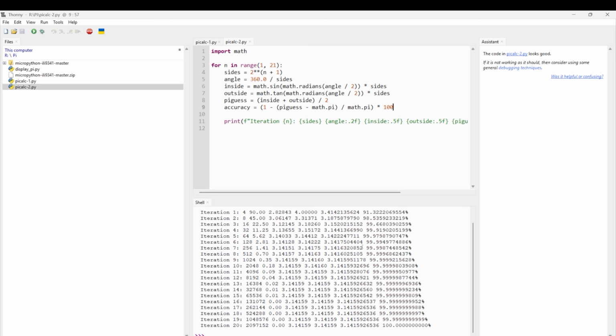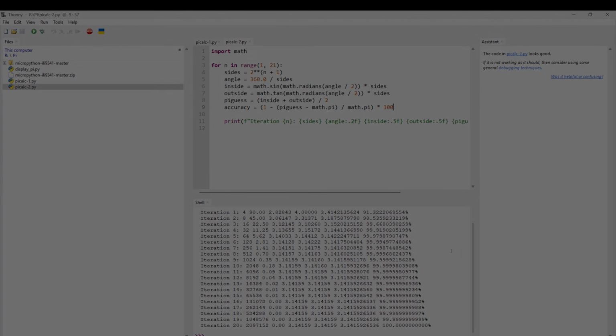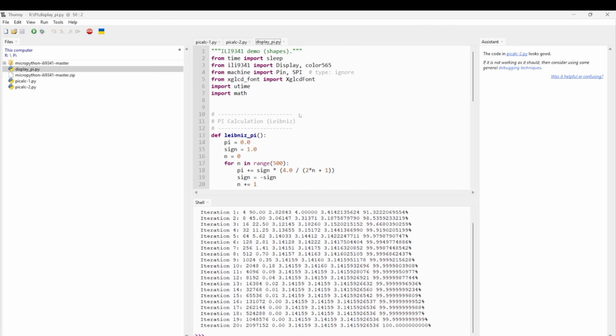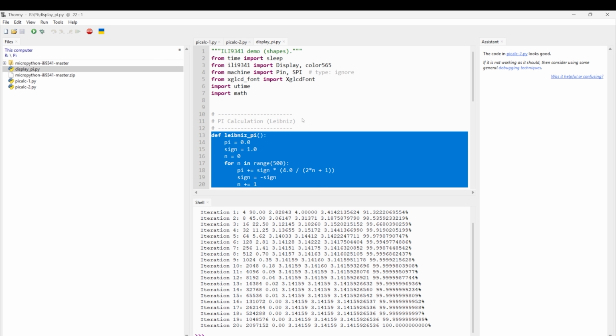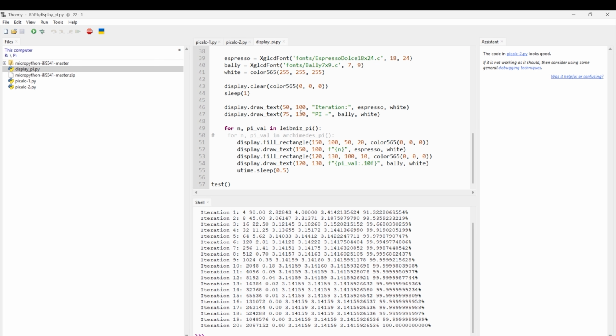So now that we've done this, let's have a look at just how we would display this calculation, like watching the Raspberry Pi do this calculation and output it to a display, in this case, an ILI9341. All right, here's a little program that I wrote with a little help from AI to help generate stuff like this. But everything else was basically taken from